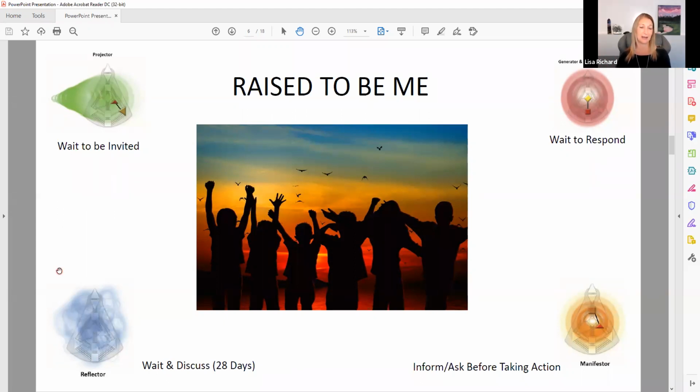So for this type, it is so essential that they are in the right environment. Again, they're bringing all of that stuff around them into their body to fuel up. So the right environment is key for them. The right people are key for them. Having those in their lives that can really act as guides, and they can support them. They can help them with their decision-making process is going to be so key.